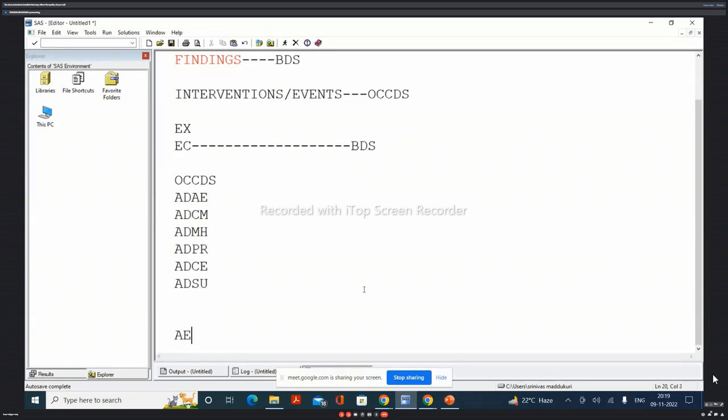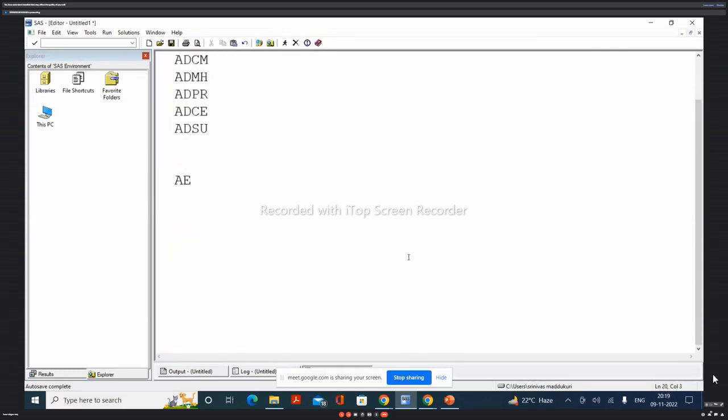Now, before moving into ADAE, can you please explain what is AE? How can we define AE? Anybody? Adverse event. Untoward medical occurrence. Any untoward reaction which may or may not be related to the study drug administered. Adverse event is nothing but any untoward medical occurrence